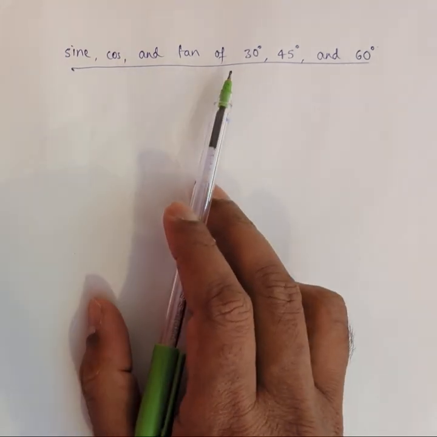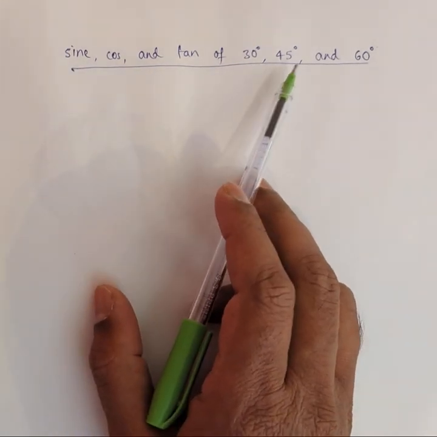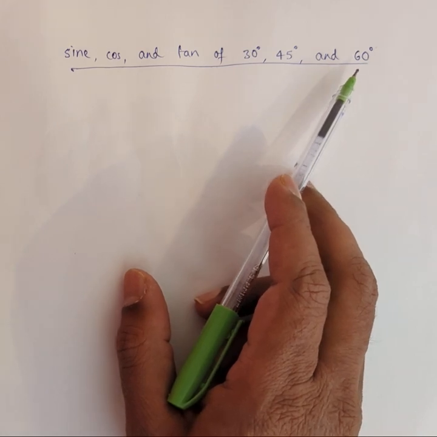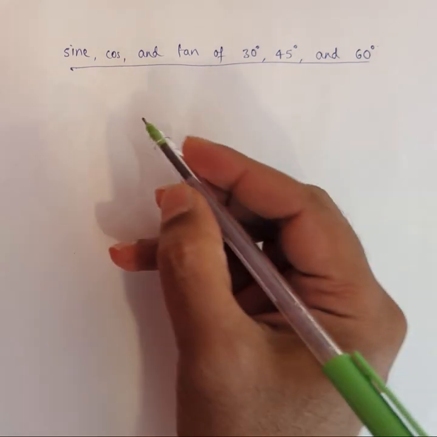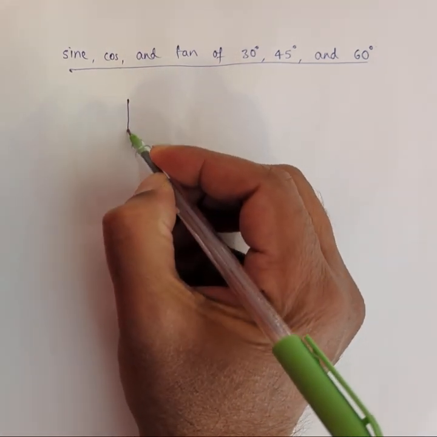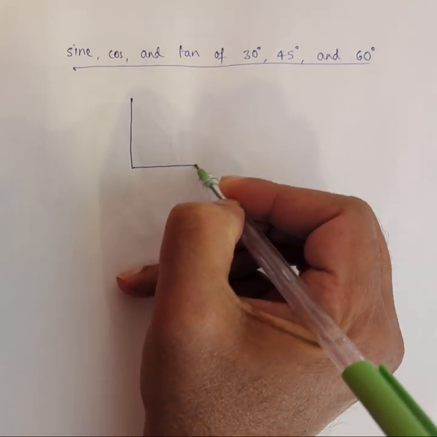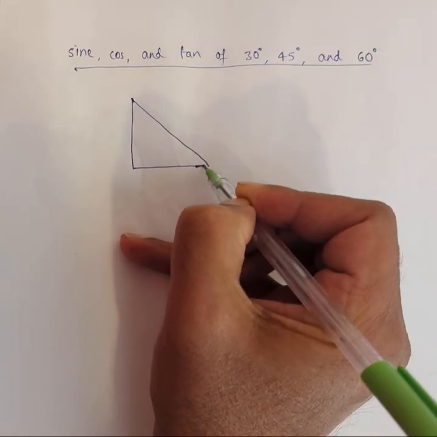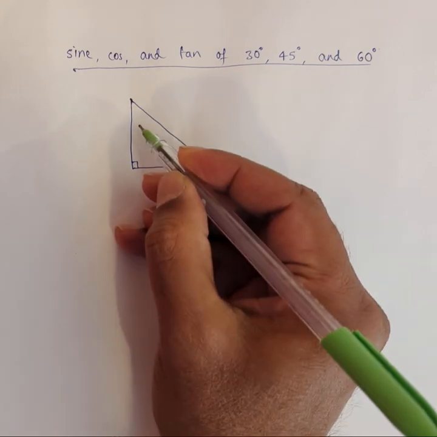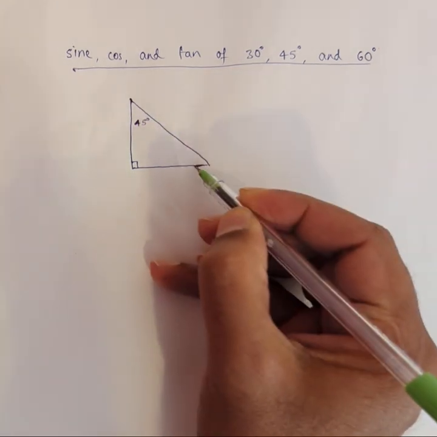sine, cos, and tan of 30, 45, and 60 degrees angles. Now, we will refer to the special right triangles. There are two. The first one is where you have 45, 45, 90 degrees angles. And we recall